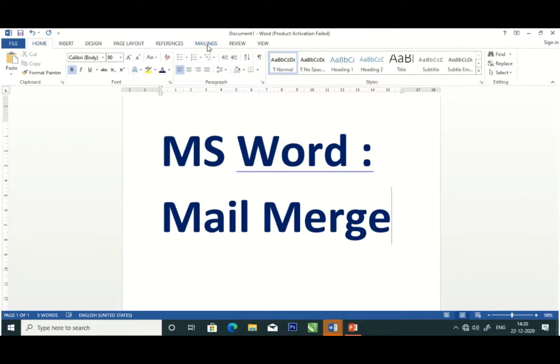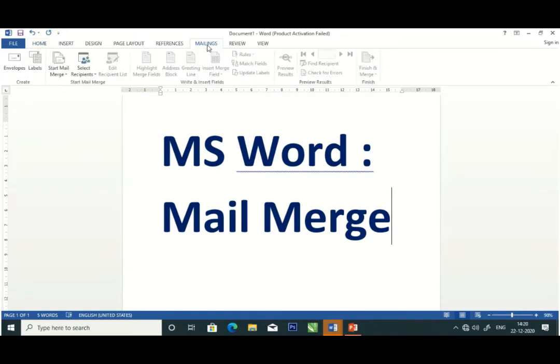Main document. It is the document which has the common data that needs to be sent to multiple recipients. Data source. This is like an address book that contains recipients' details in tabular form that is to be merged